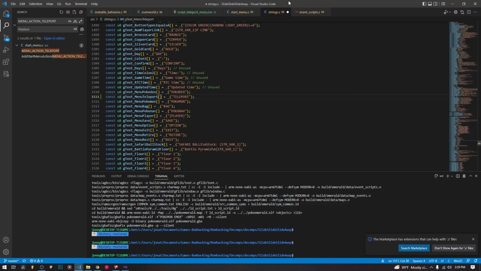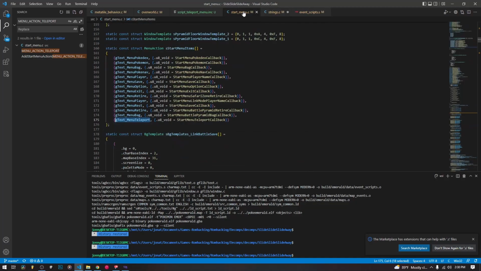I don't have that file open, but it's not that important. In strings.h, you have to create a text label, and then here we have to assign it a value, just like we do every other text in the game. You can take over an existing one if you want. It's not a problem. So here we are just going to give it this label gText_MenuTeleport, which is just a teleport,